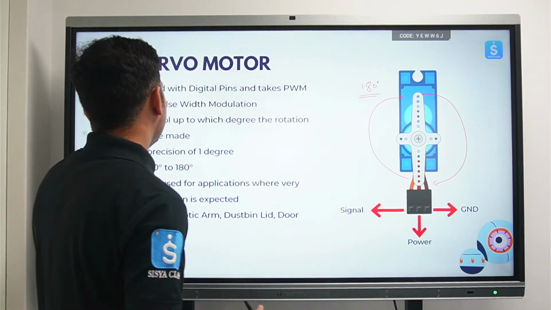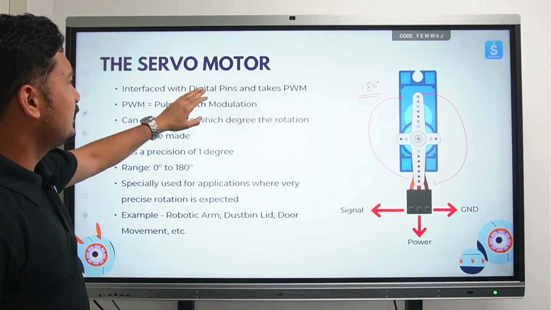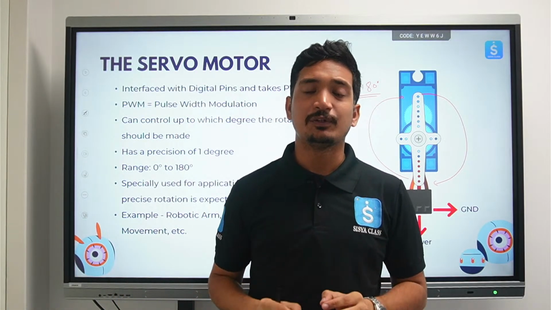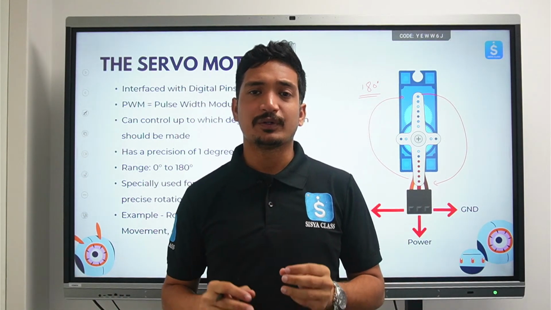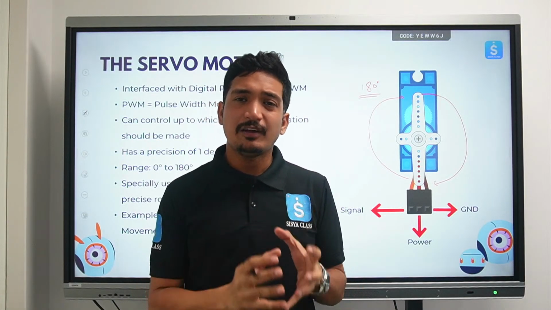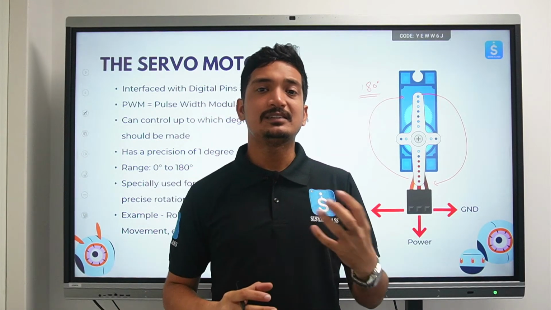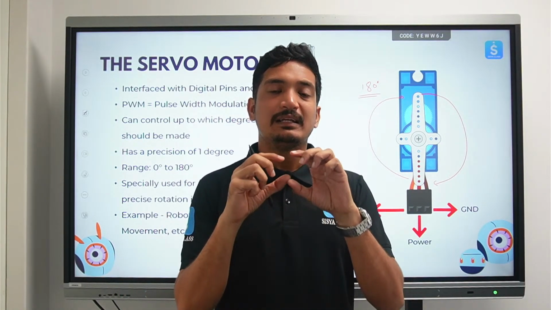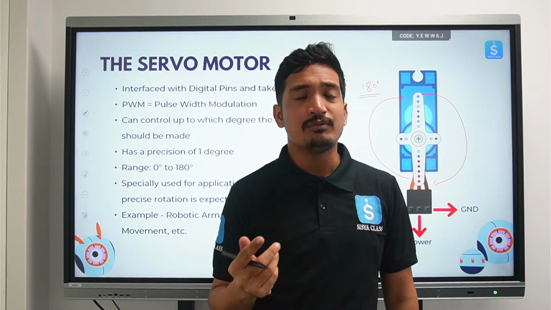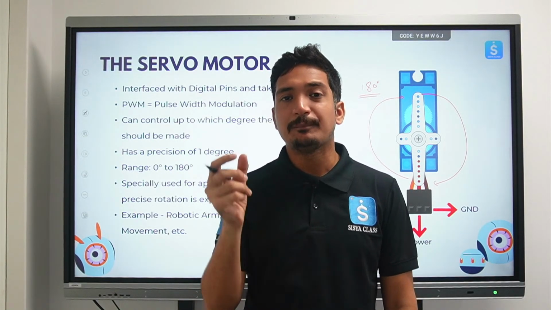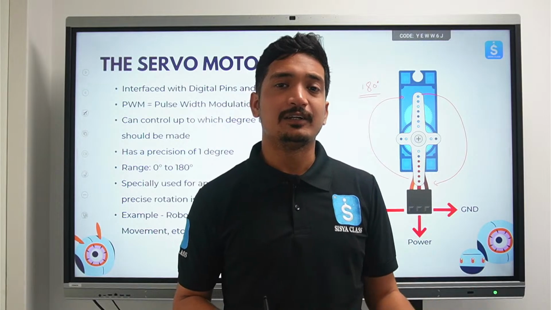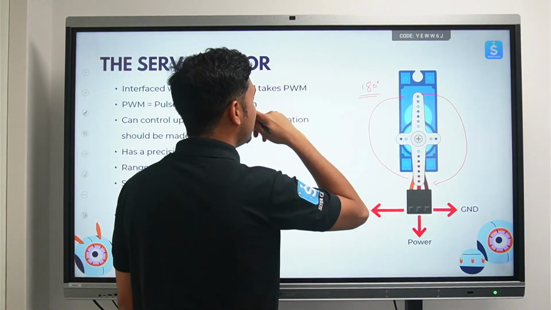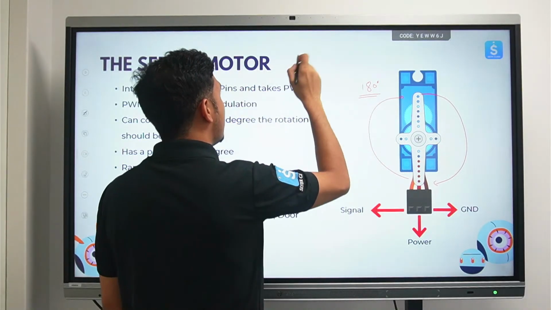Now a servo motor is usually interfaced with PWM. What does PWM stand for? PWM stands for pulse width modulation. Pulse width modulation is a kind of digital signal, but it sends signal based on the number of bits that we have, and at the same time the length of a signal will be elongated to represent a certain data. For example, if I want to transfer a certain data to a servo motor, and let's say that I want to transfer